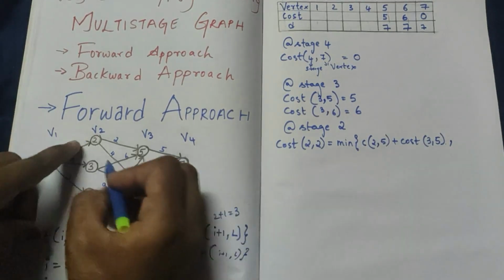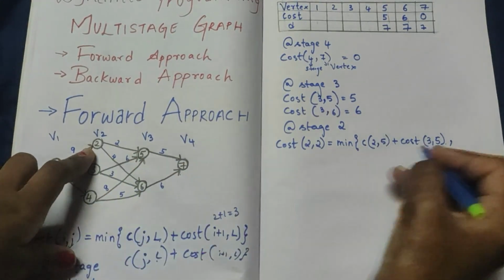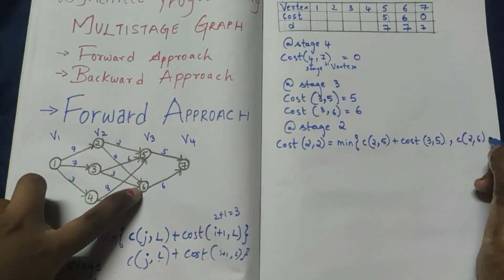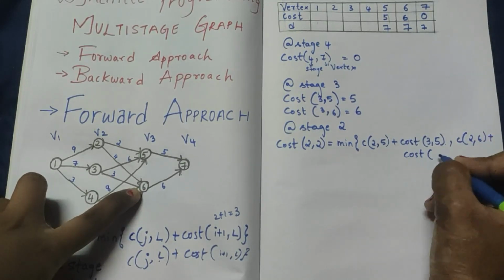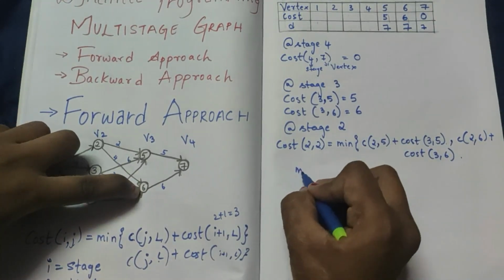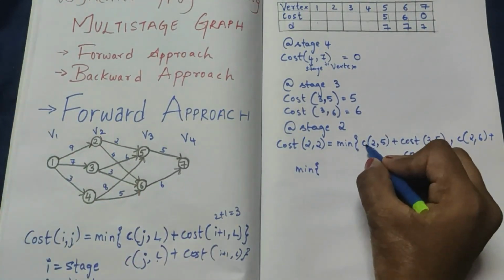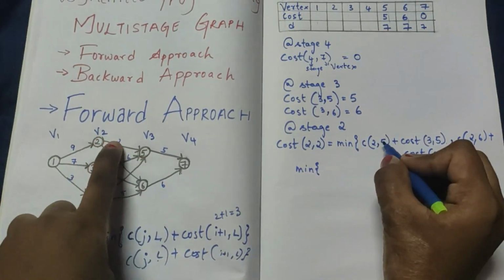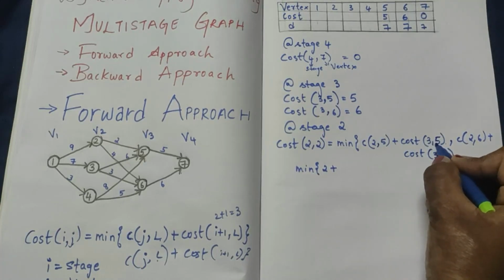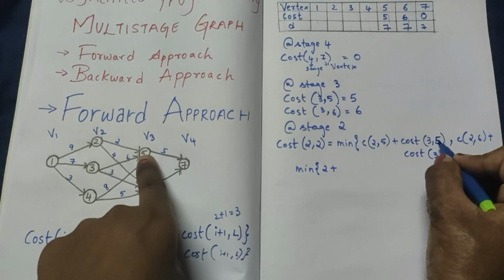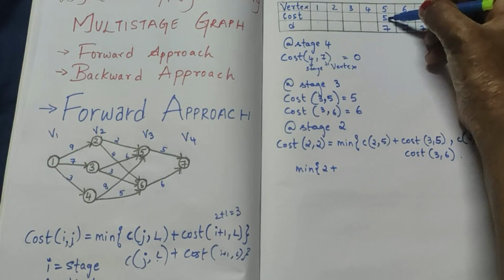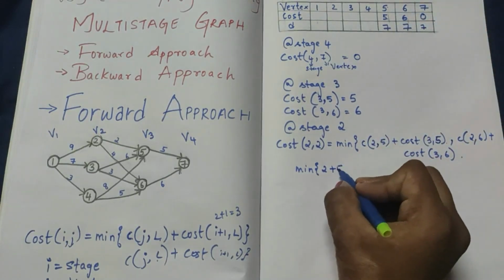Now again, because we have another arrow which is going to the other vertex, so C of 2, 6 plus the cost of stage 3 vertex 6. So now we need to find out their values. So C of 2, 5. So 2, 5 the value is 2 plus the cost of 3 to 5. So if you see here 5 is a vertex over here. So in the table you need to go to the vertex 5 and see what is the cost. So the cost is 5 over here. So you need to write that value over here.